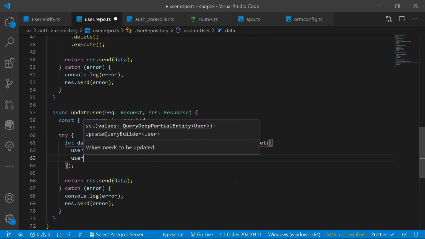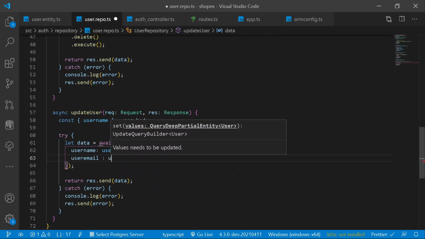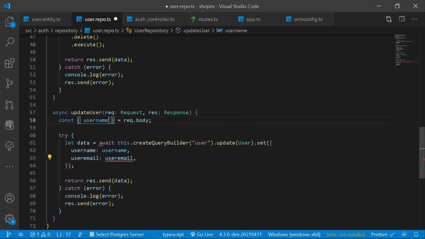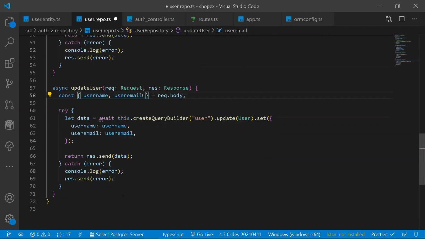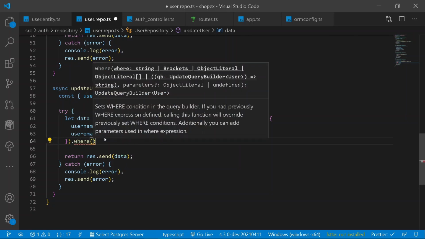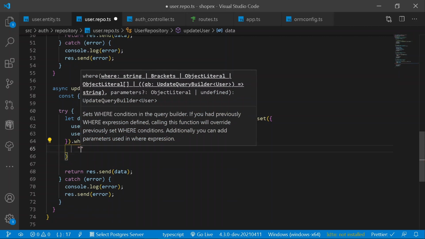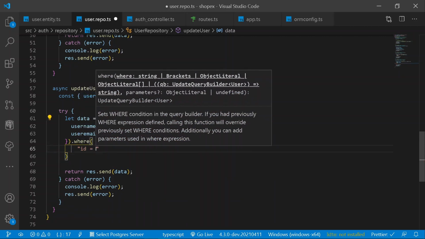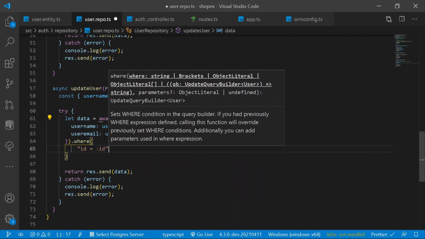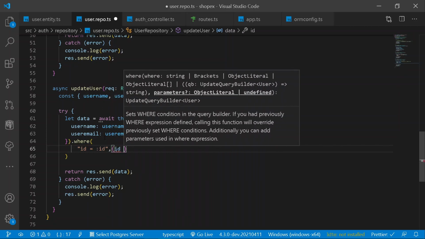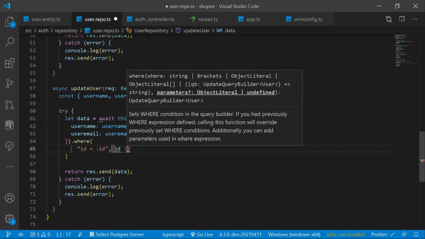And after that, let's also have a user email. And the following user email should be equal to a new user email. So let's copy the following thing here, paste it here, just like this. And after this, we should also require one more property of where, that is, which data we need to update. So under update, I can simply say ID should be equal to an ID that we are going to be providing. So here let's add a new ID, just like this.